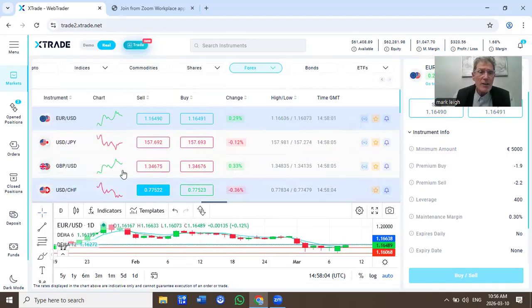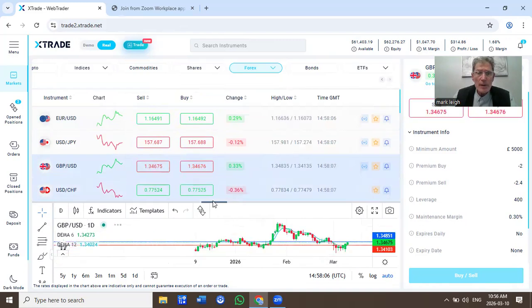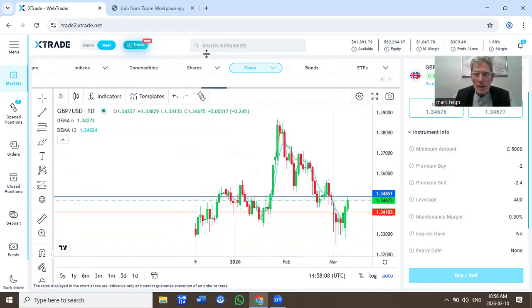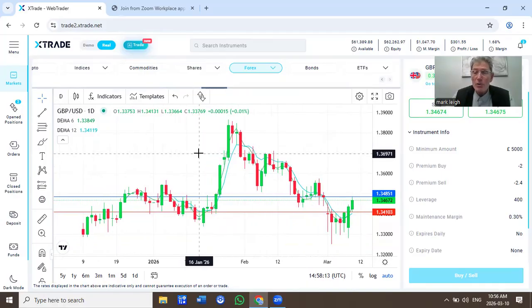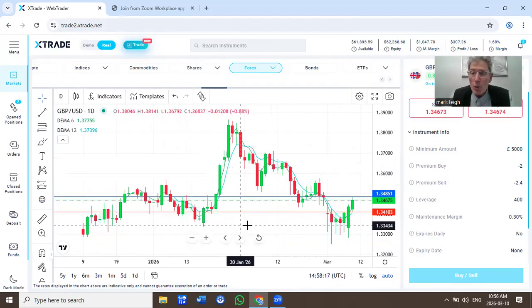The pound against the US. Again, a continuation follow through from yesterday. Buying pound, selling US dollar weakness. I've got support at 134.10. I've got resistance at